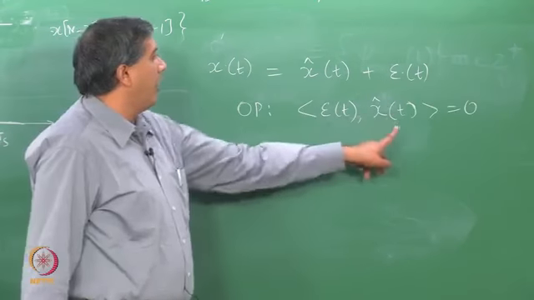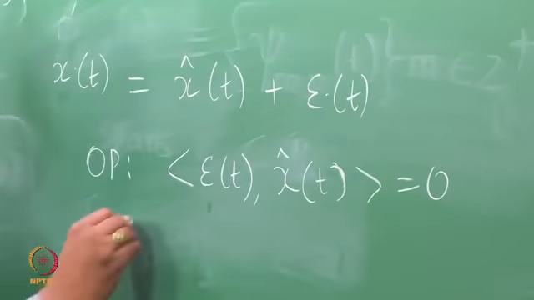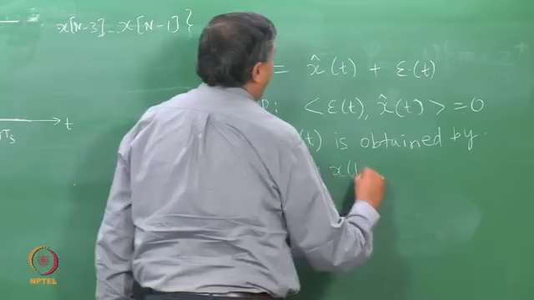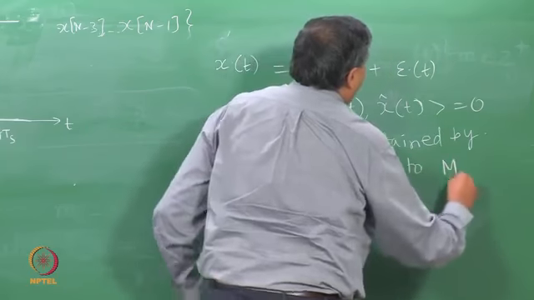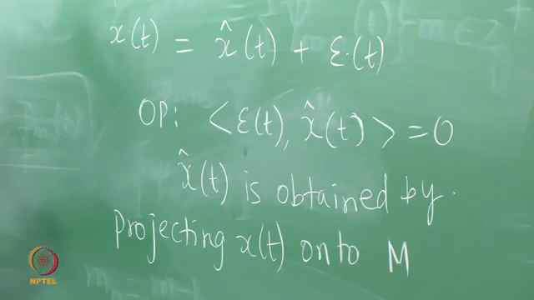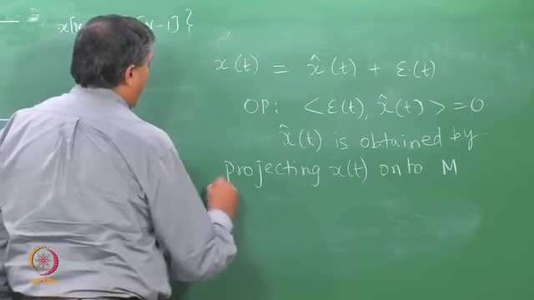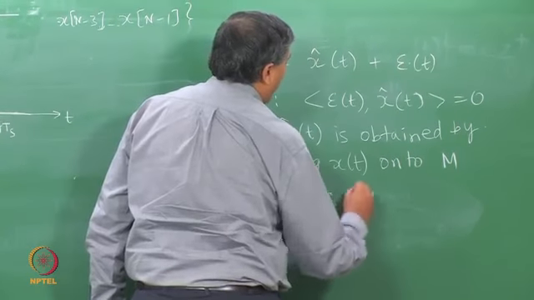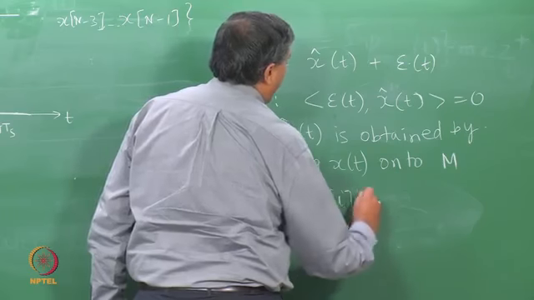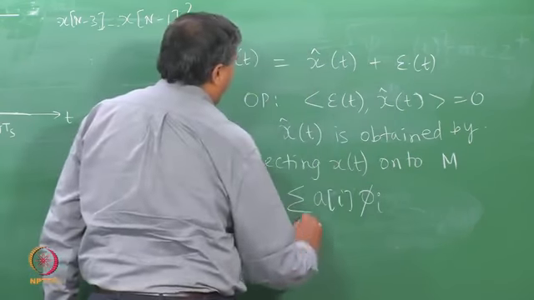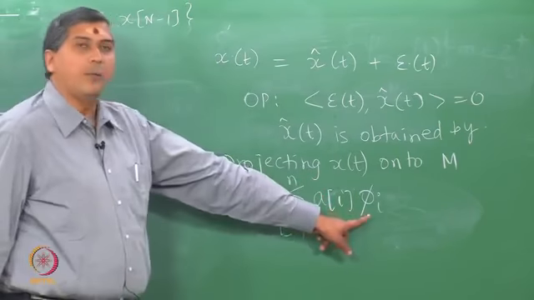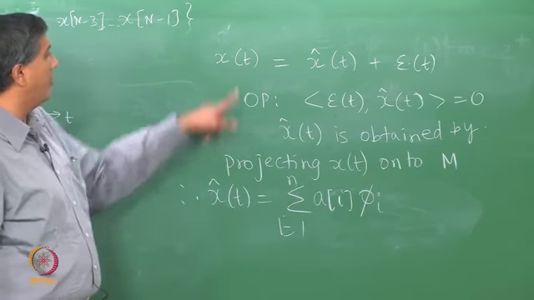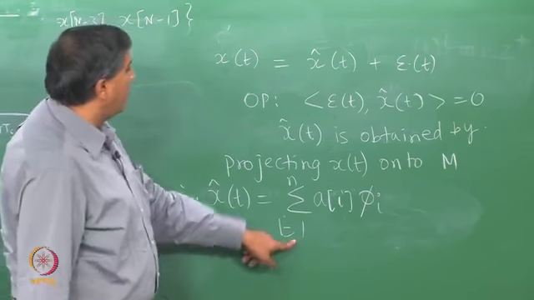So, the inner product between epsilon and x hat is 0, and x hat itself is generated by projecting x onto M, and M itself is spanned by these basis functions phi, right. Therefore, this is a span of the basis. So, we are saying some combination of the basis functions in the space M will generate an approximation of x, right. Now, I plug this into here,